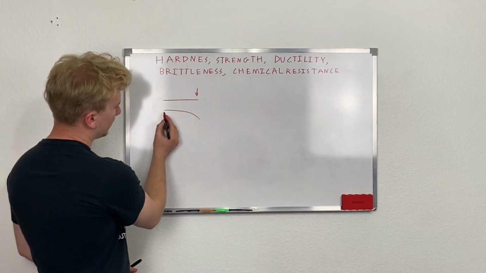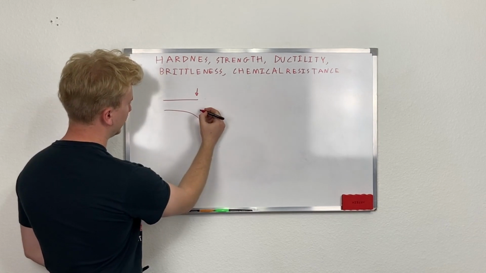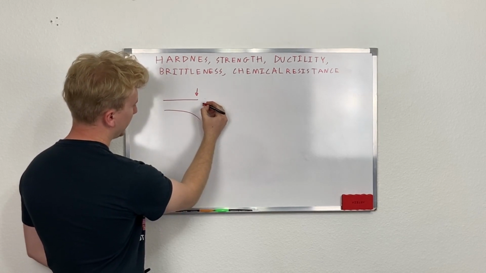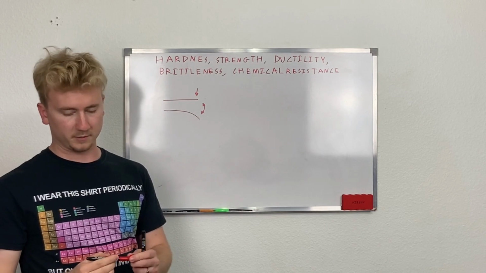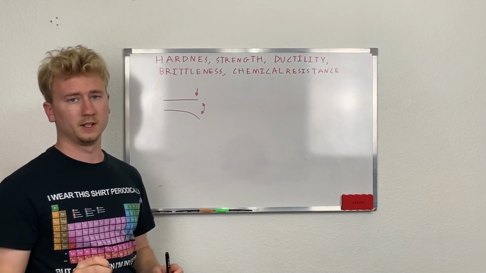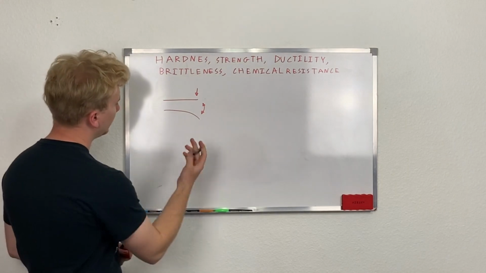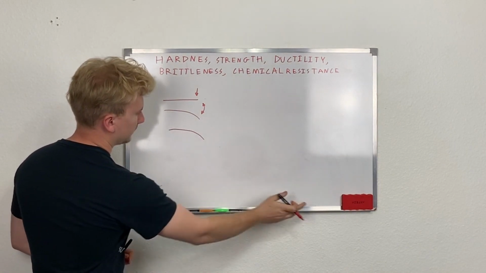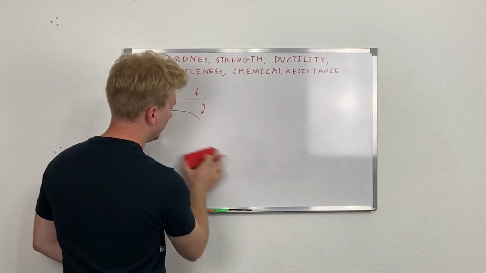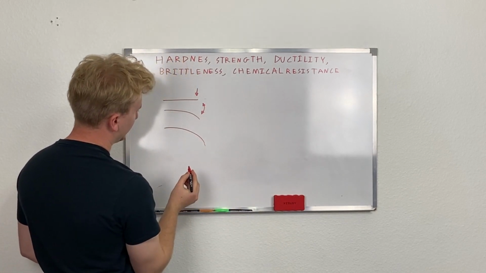But if a bar is bent this much and it's able to return back to its original shape, we'll say that this is the maximum amount that the bar can be bent before the hardness is overcome and the plastic deformation occurs. So if you bend this bar by a little bit more,